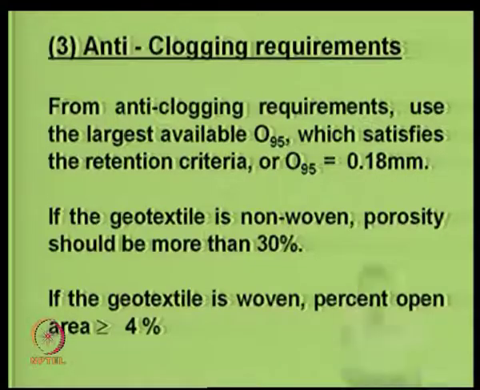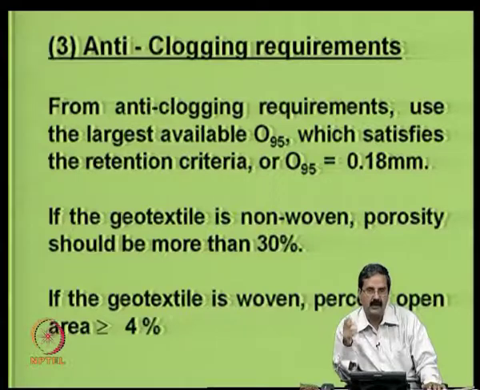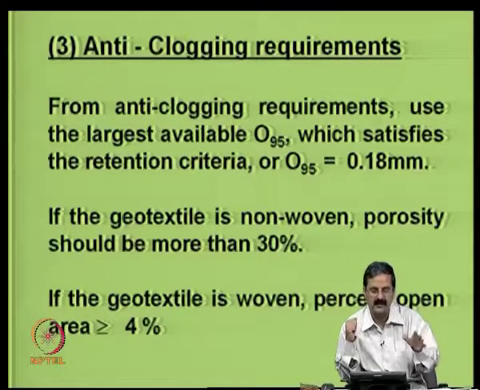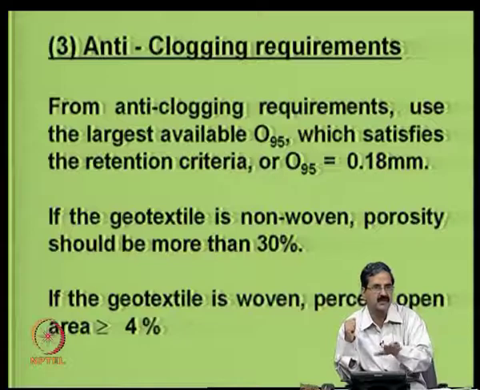So, that permittivity value you check and take the geotextile material, and there are two things. One is you have the O95 size and you have the permeability. Now, you are able to see those properties. Apart from it, we should look for other things like anti-clogging requirements, which are also important. Because we do not want it to be clogged, we go to the maximum available size in that range. Like 0.18 we have already chosen. So, we do not mind going a little extra, like 0.2 could be alright, which is close to this, we will try to take.